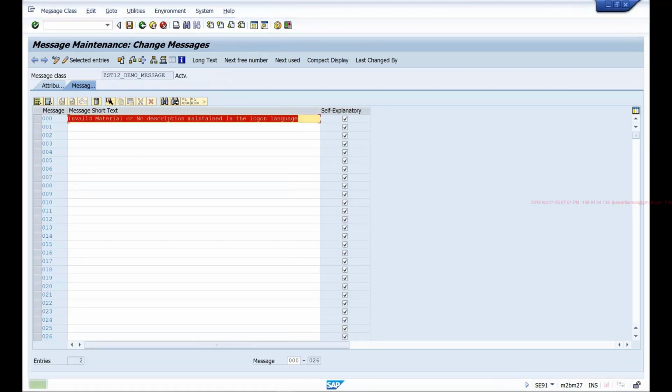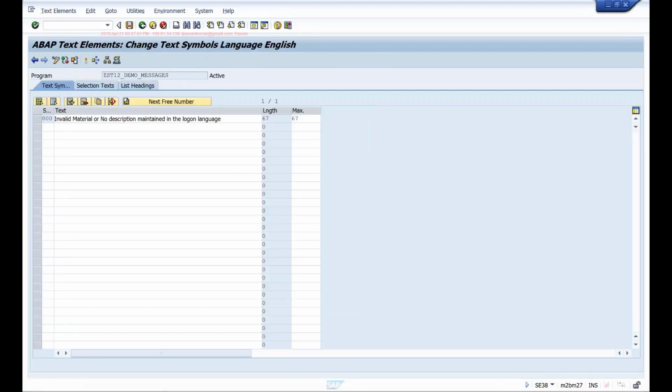Save it. Now this is the message class name I've created, and the message number is 000. Now this message class can be used in any program. So in any program you want to show messages from this message class, you can do that. And tomorrow if you change a message in this message class, then it will automatically reflect in all the programs that are using this message class to show the messages.